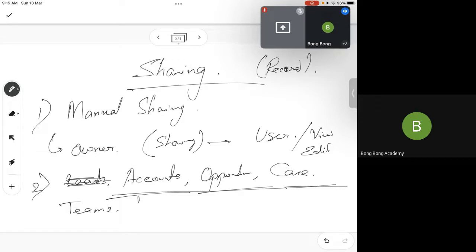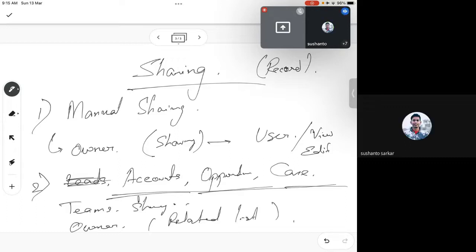Team sharing is also manual, usually done by the owners. You can add users in the related list and share it. It is quite similar to manual sharing, only a more sophisticated way. You can also assign some role to that person.